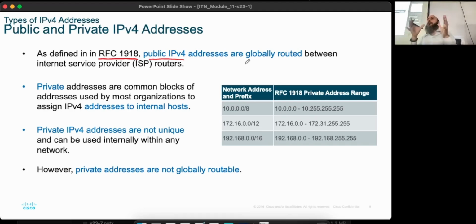Private, as the name suggests, you are sitting in this lab. All the PCs over here have a private address, which means that any data that you have over here is by default protected from the rest of the internet. If you want to make any data available, you have to actually do something to make it available on the internet. Make sense? So it's default security. Do you understand the purpose of private addresses? So they're private. They're kept separate from the whole internet. Why? So that your data is secured. Okay? And there are other reasons as well, but that's the primary reason. Okay? But obviously this PC needs to communicate with the internet.